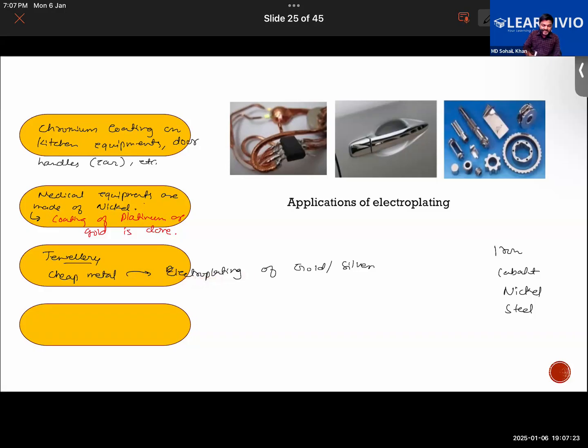Like I said, if I were to make jewelry out of 100% pure gold, 100% pure gold is very soft. It is very soft and very malleable. So that is the reason it will not be used. The jewelry always has to be electroplated with a layer of gold above it. That is one thing.